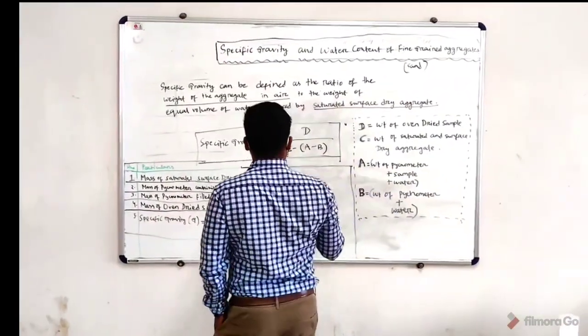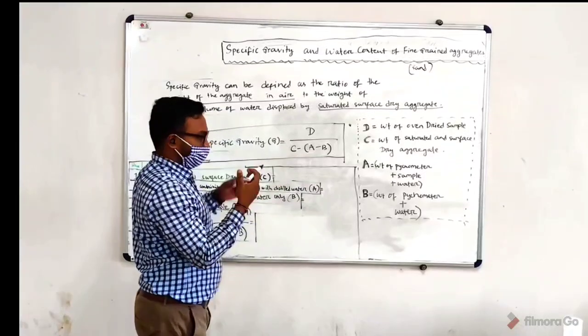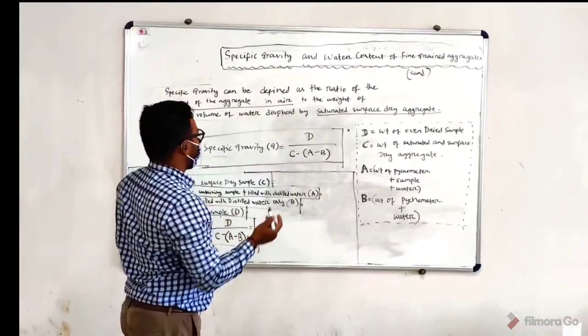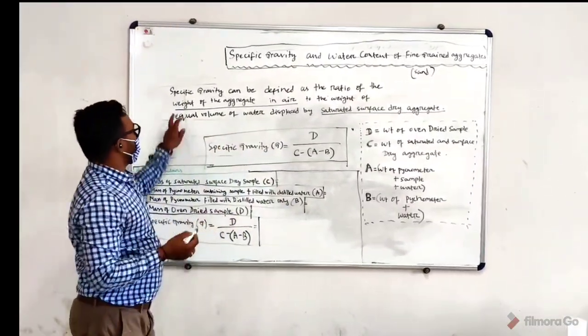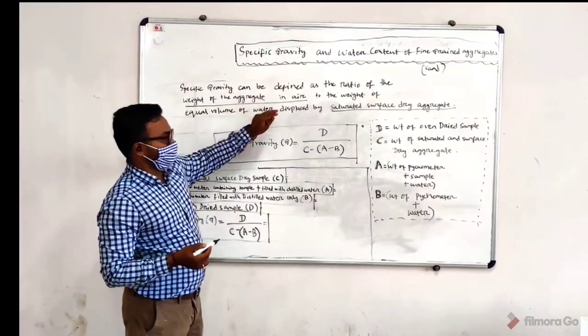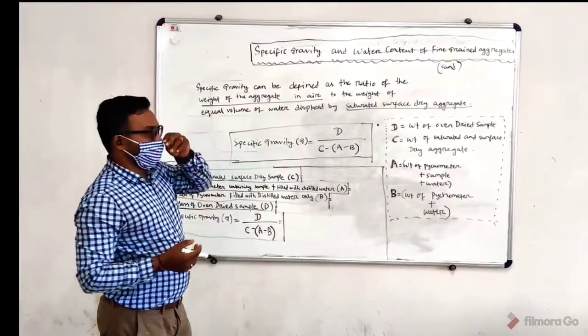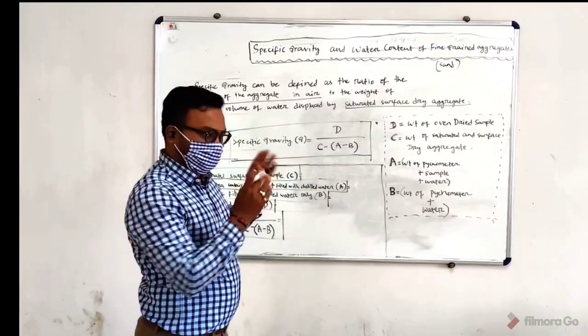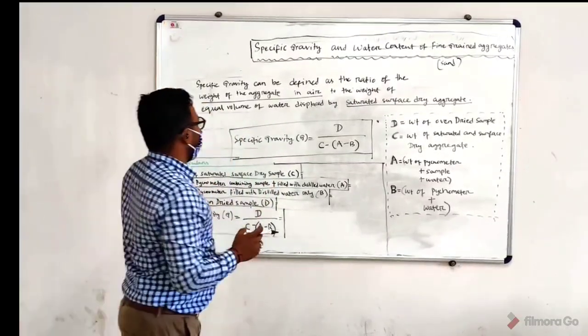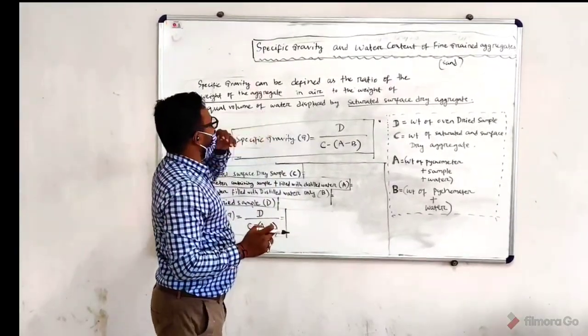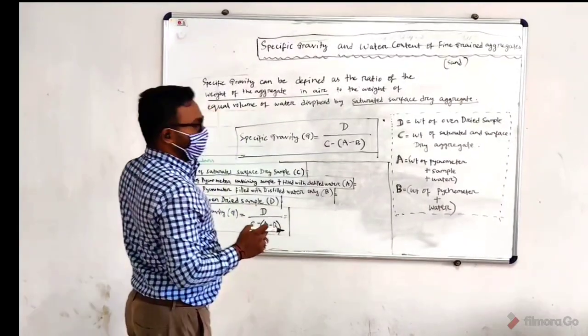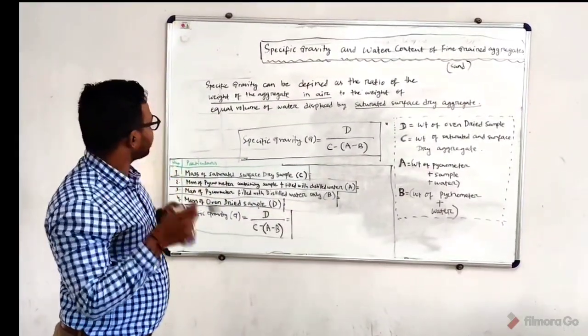If we write in a formula manner, in the numerator we will have weight of the aggregates in the air, means sand. Suppose we take 500 grams, then 500 grams of weight divided by weight of equal volume of water replaced by